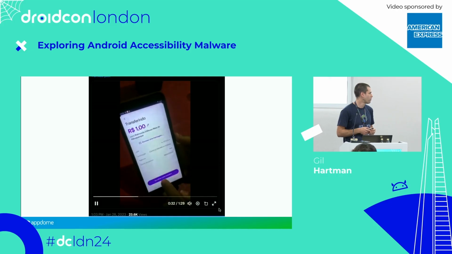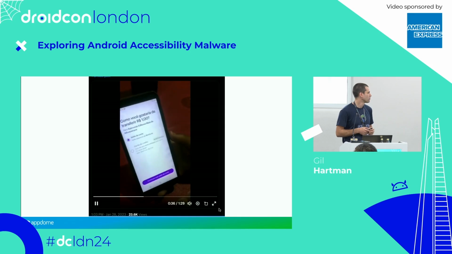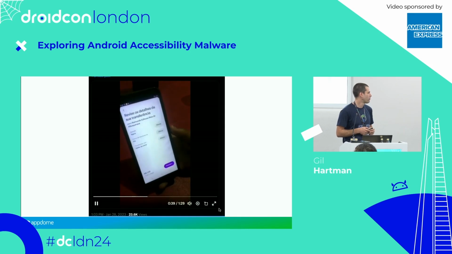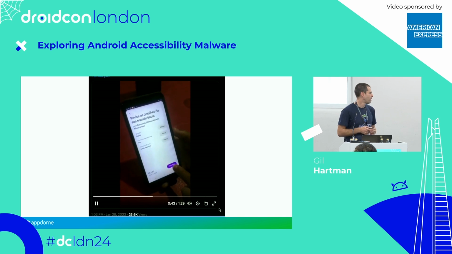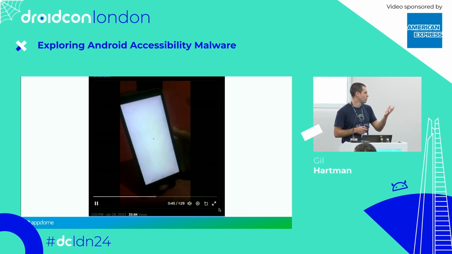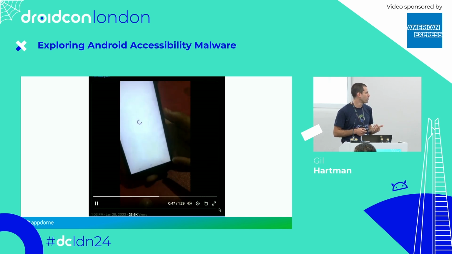Yeah, he's going to confirm it. Yes, I want to send 1 real to my friend. And then he's going to verify it. Yes, I'm sending 1 real to my friend. And now, when he's going to press next, moving into the 2FA when he needs to approve the SMS, now